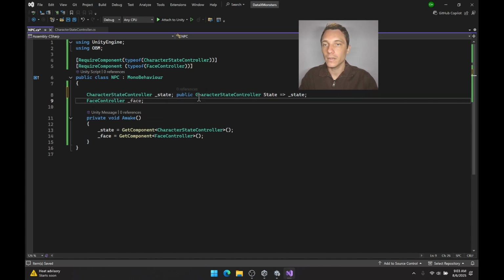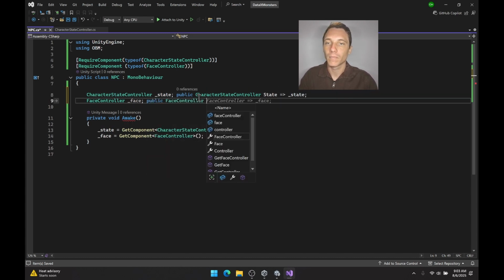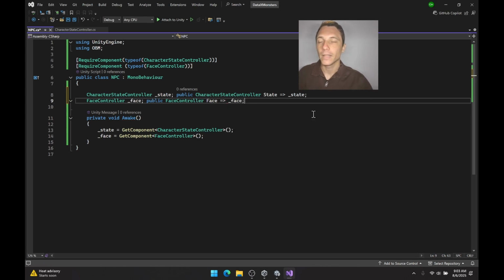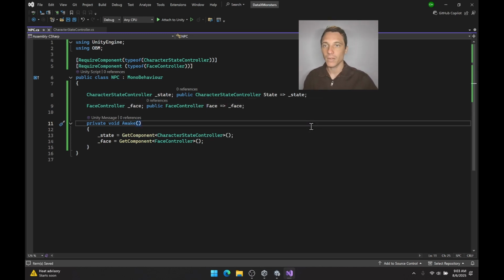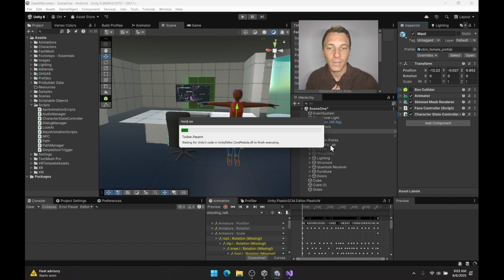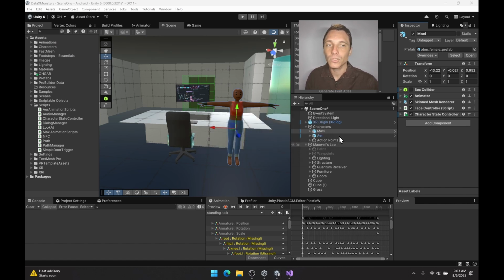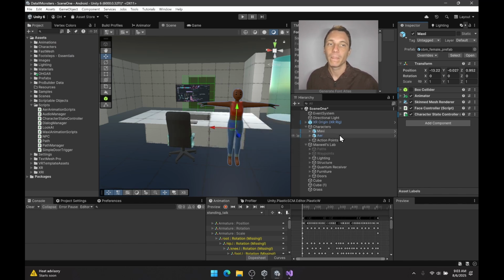And let's do that here. Okay, so now I have some public references and I can just use the NPC to grab all those references. So let's come here. And what's cool is this idea that I'm using of a reference, like a general reference